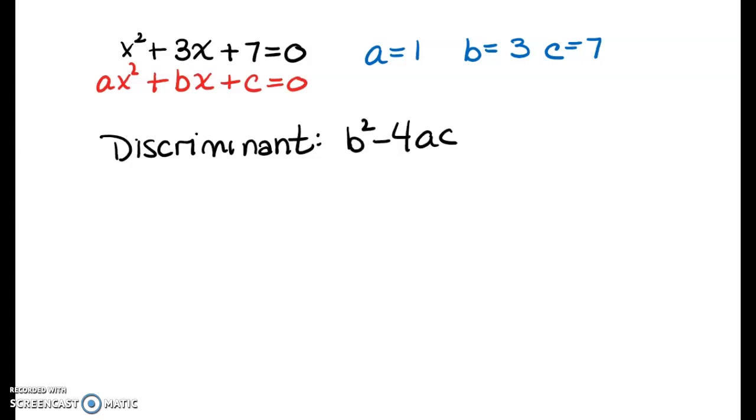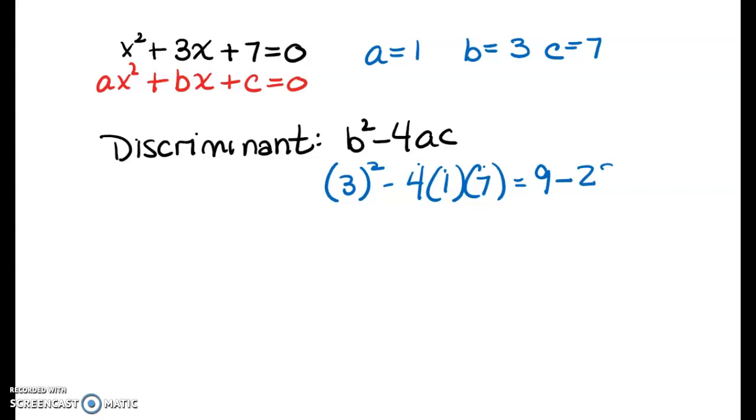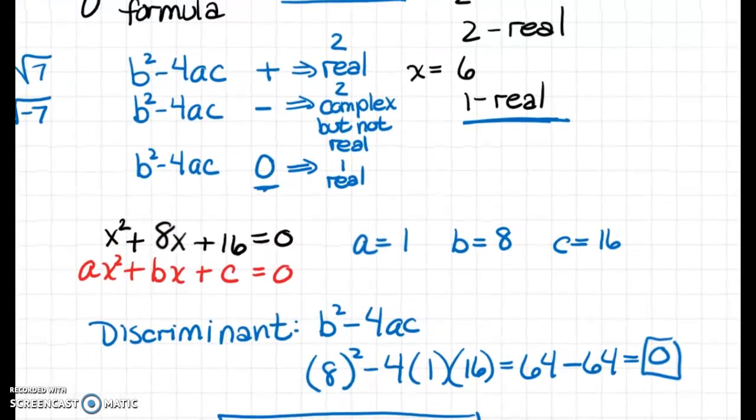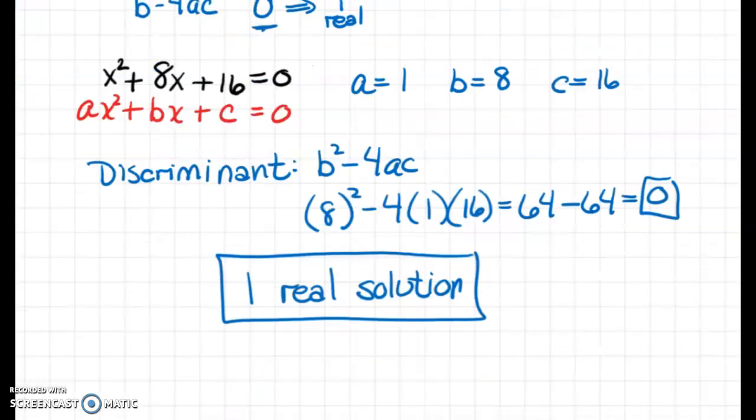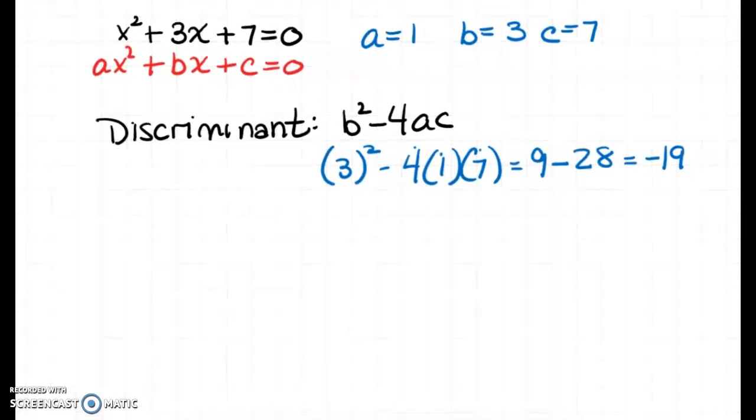So we're going to substitute our values in. So b is 3, a is 1, and c is 7. So when we evaluate that, 3 squared is 9 minus 4 times 1 is 4 times 7 is 28. And when I subtract 28 from 9, I get a negative 19. Okay, if I go back up here and look at my chart, a negative discriminant gives me 2 complex but not real solutions. So I get 2 complex